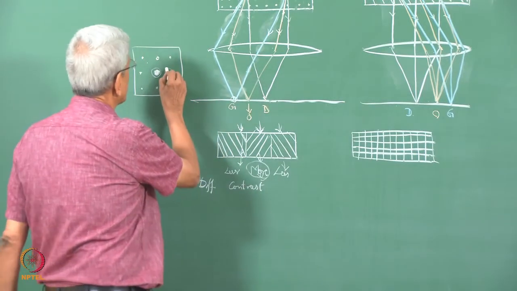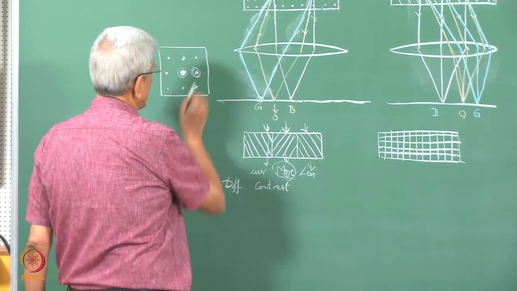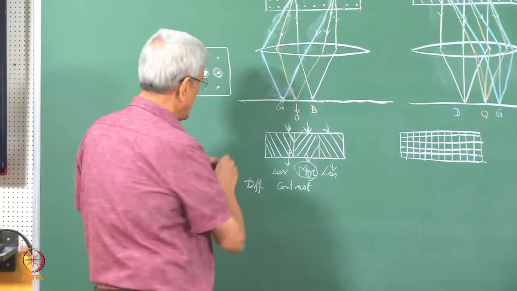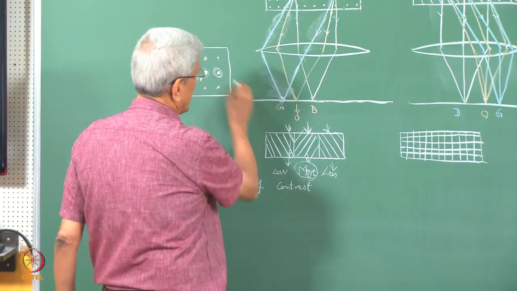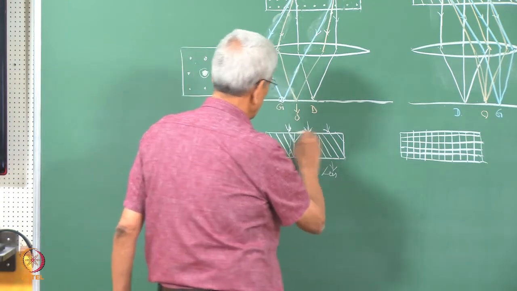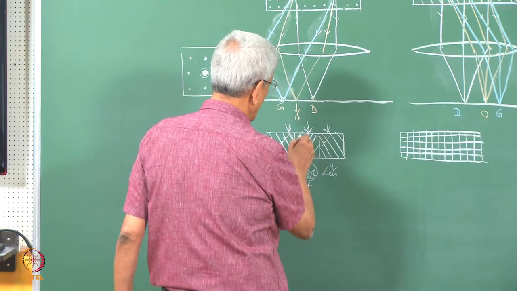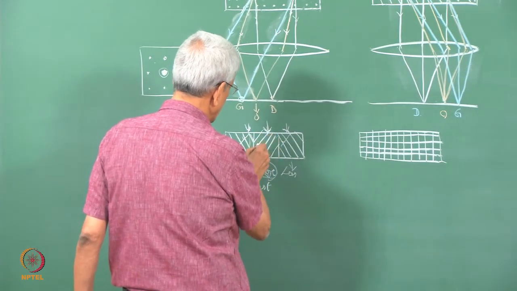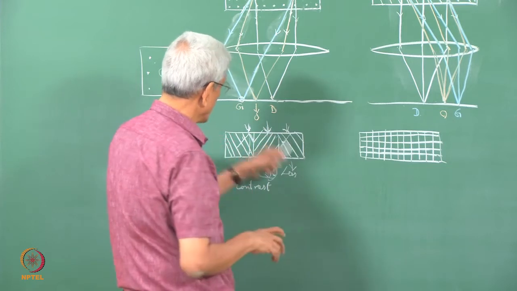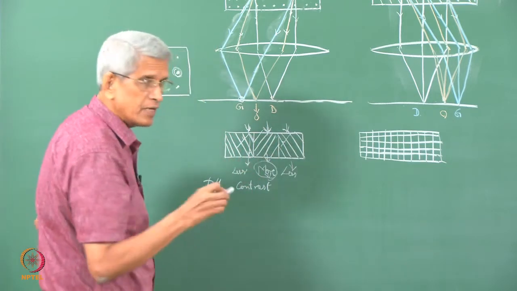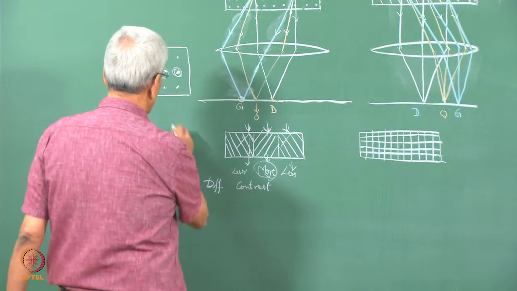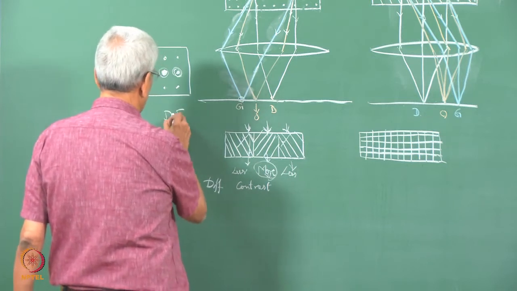So if you put an aperture around a diffraction spot, then what is going to happen is that the beam which has been scattered from a specific region, or the beam which is scattered from this region, we consider it, and this will also give rise to a contrast which will be complementary. That we call dark field imaging.